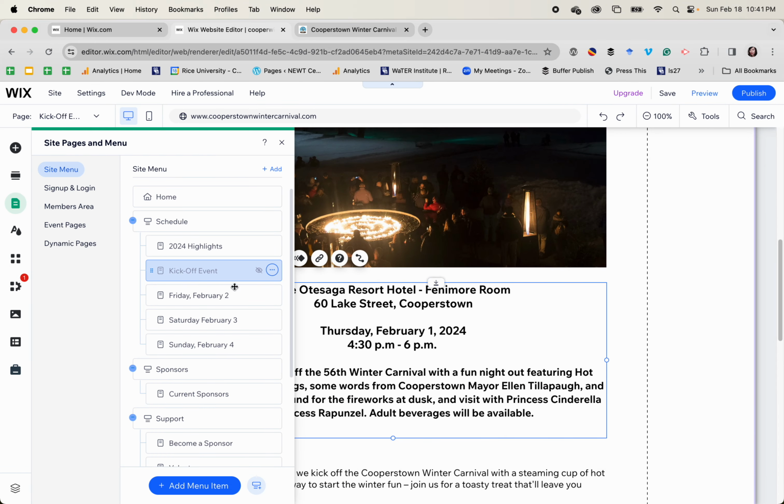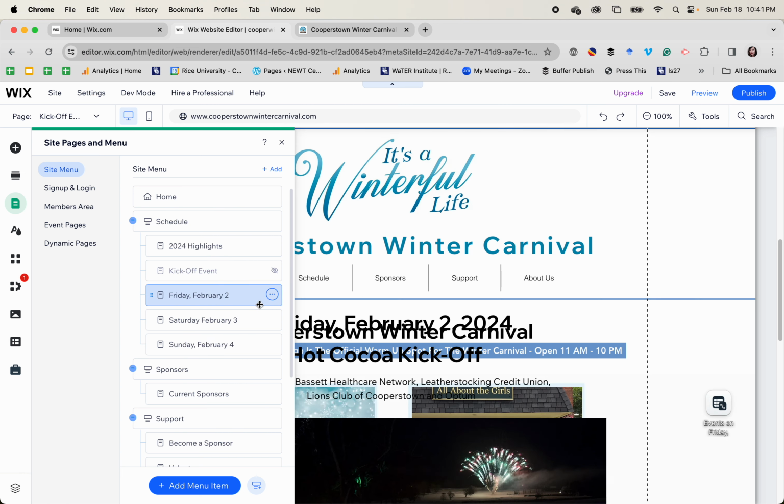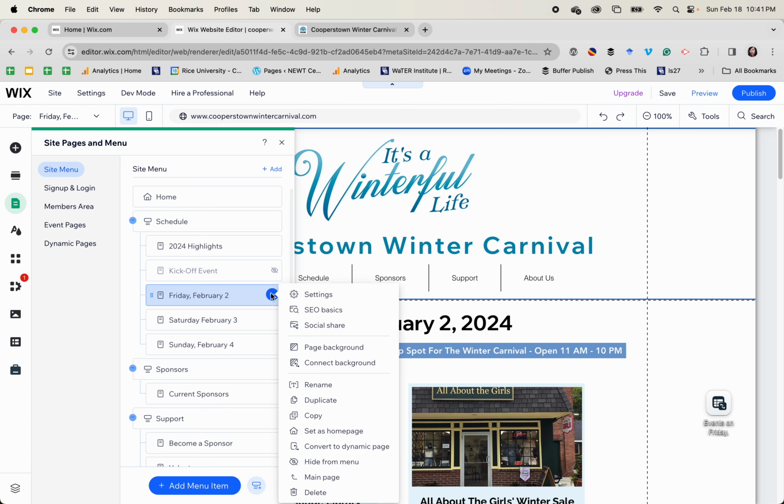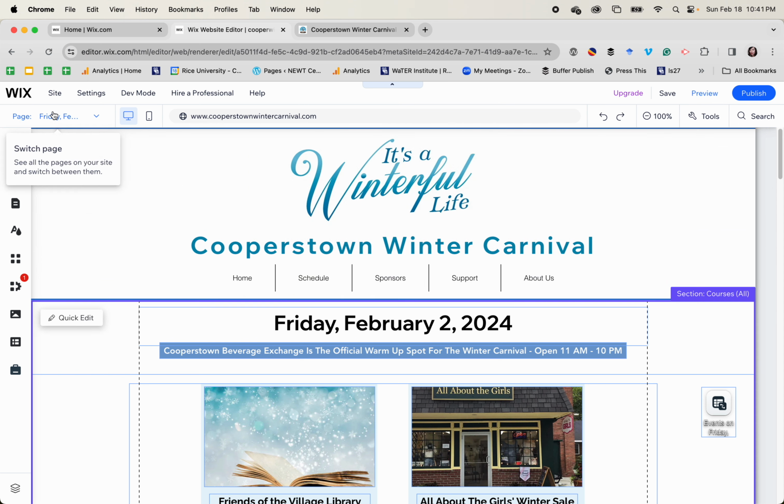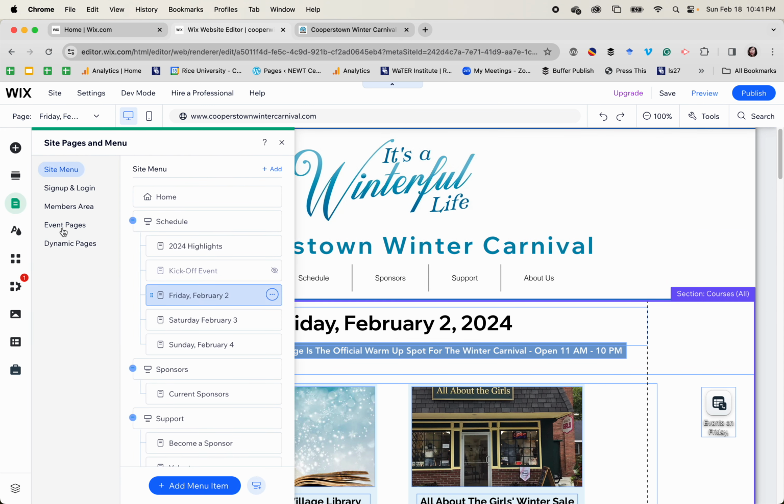Back to Pages and Menus. And then for the most important part is when you update the schedule, Friday, Saturday, and Sunday. If these dates change to a different pattern, you can definitely just rename them. So here we can rename, click